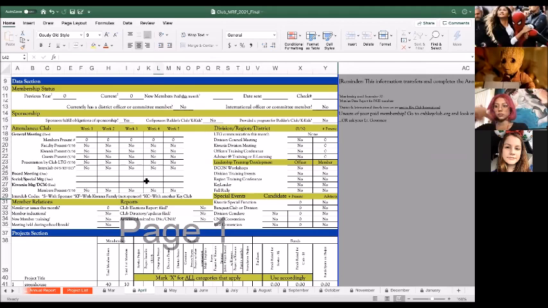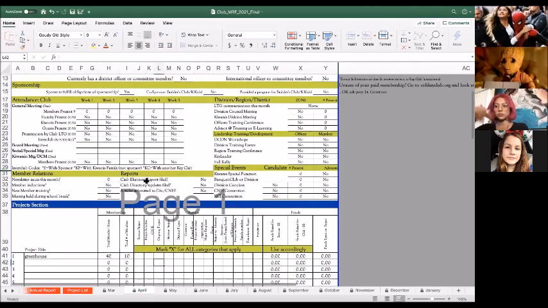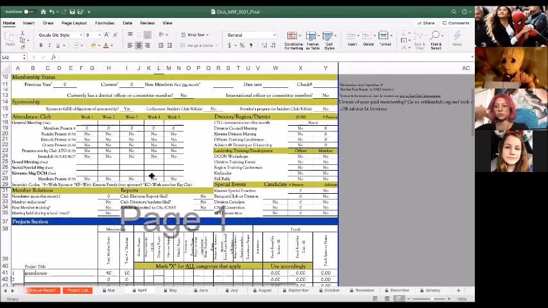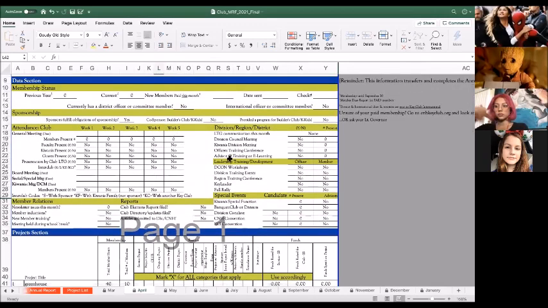There's a lot of different sections here. From here to where it ends to the project section, it's basically just a checklist to make sure what your club has done so far throughout the month. So how many meetings you've had, how many board meetings you've had, if your officers have been to a Kiwanis meeting or a DCM, and checking whether or not your members were there.